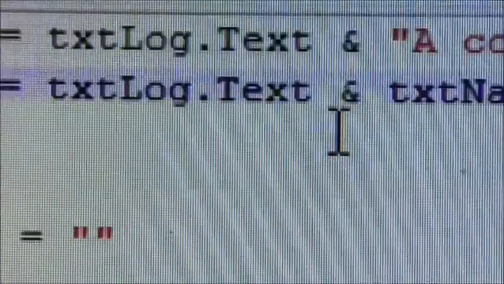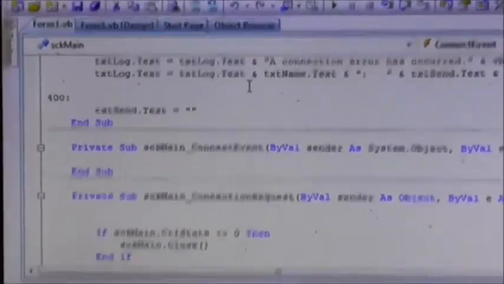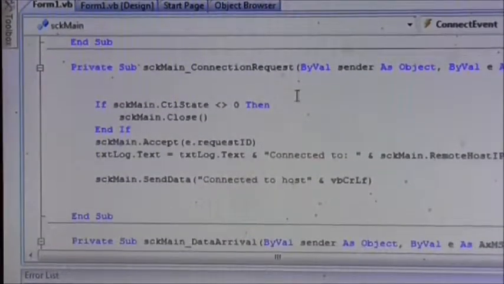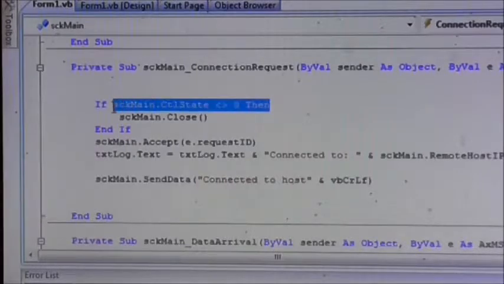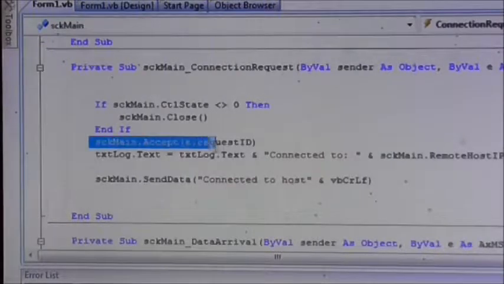If we look at some code behind it, let's zoom out a little bit so we can actually see that code. Now, when it gets a connection request, it takes this line and looks to see if it's not closed before, and if it is, it closes it, otherwise it won't be able to accept anything else. So once it's done that, it can accept a request from an incoming IP address, and in this case that was, as you saw,